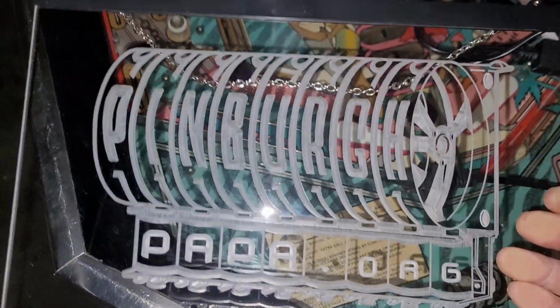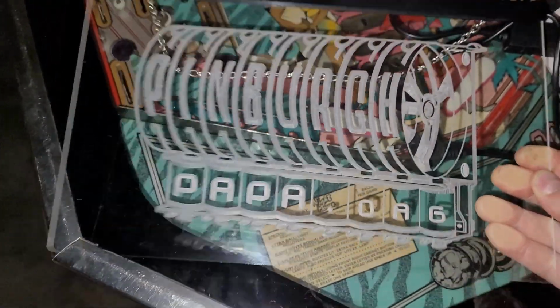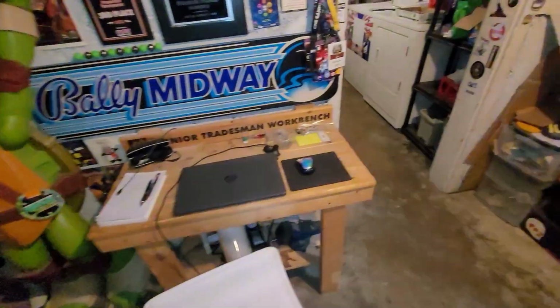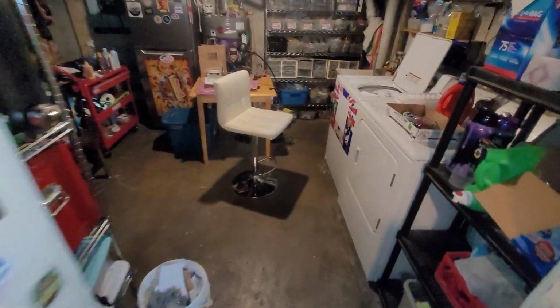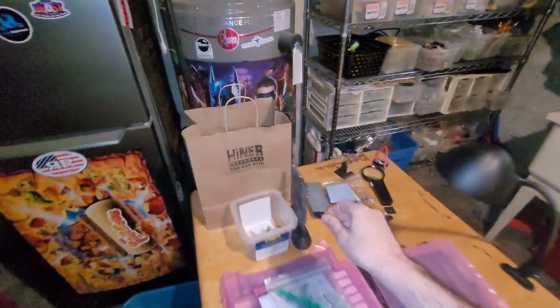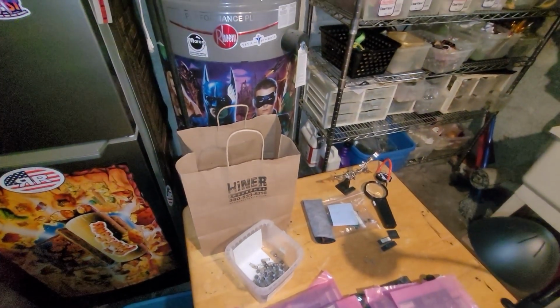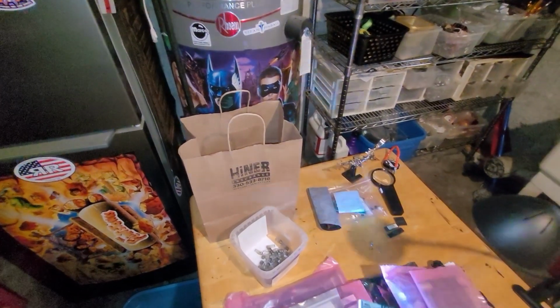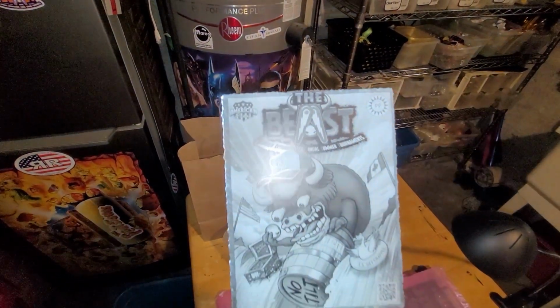I was just at Pinburg a couple weekends ago. This is cool, it lights up. Maybe I'll show you that later. And I have no idea in what order everything's gonna get edited in, so this may not make chronological sense. Last weekend, I was at the Beast in Buffalo, and, trying to click the button here, came home